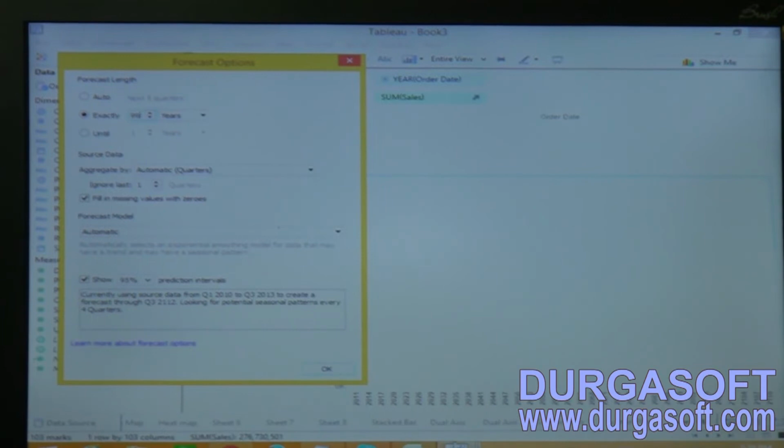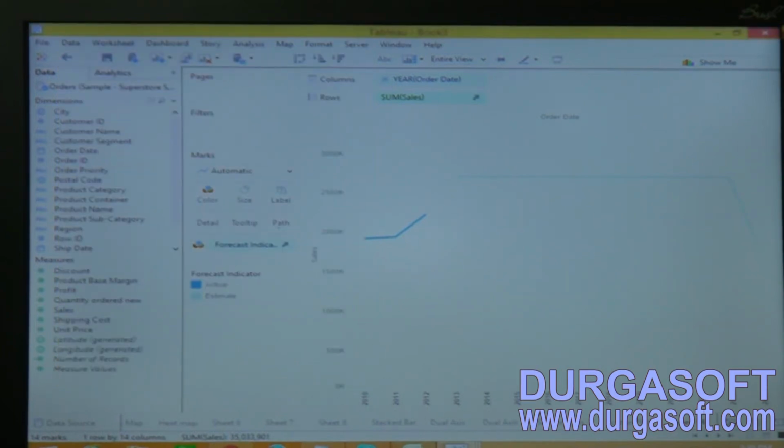Now this is the way to estimate our expected business based on our previous data. If I give 2 years, it will give you 2014 to 2015 data. Now if I give 10 years, see, we have forecasting till 2023. This is where we normally apply the forecasting. Okay, now line chart with forecast.